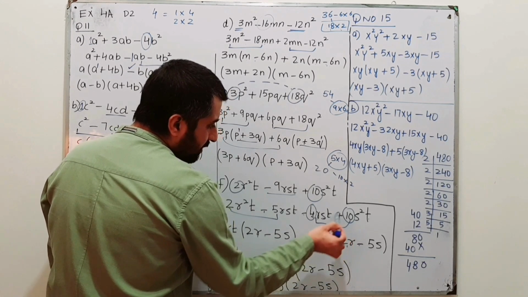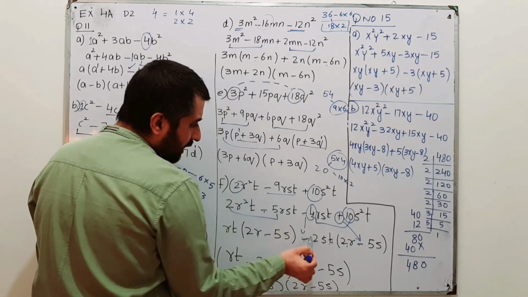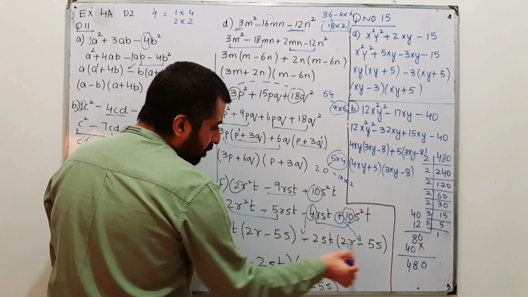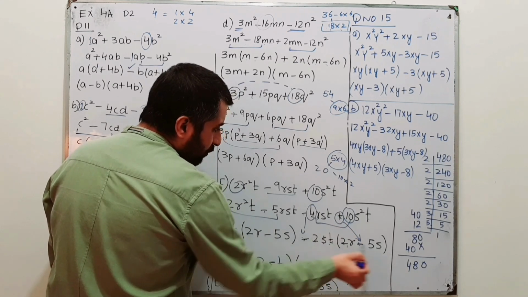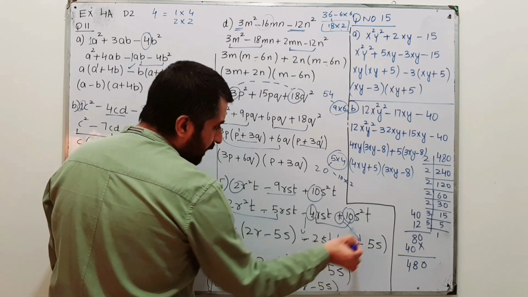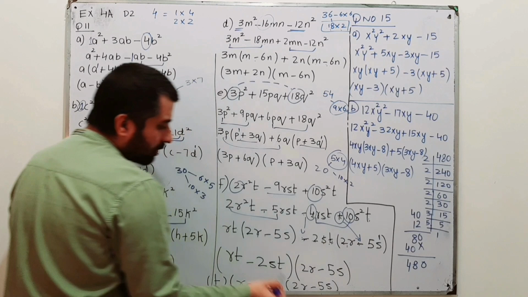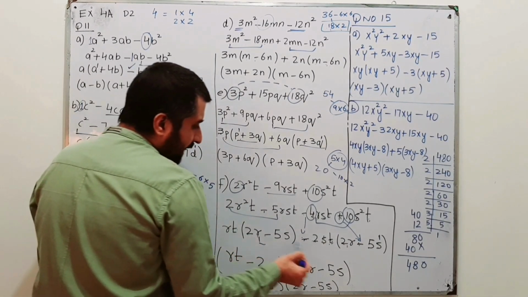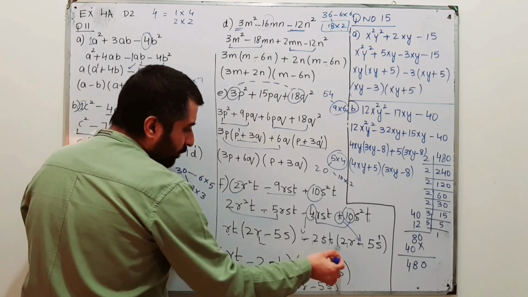Minus. Why is this plus, while over here it is minus? Because I have taken out minus as common. When you take minus as common, you have to change this sign. This is plus over here, now it is minus. 5 times 10, out of this s square, 1 s is taken out as common, so I am left with only s power 1 over here, while t is taken out as common. So the two factors are 2r minus 5s, one factor, and the other factor rt minus 2st.